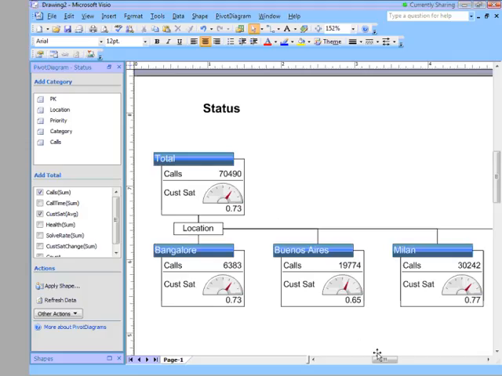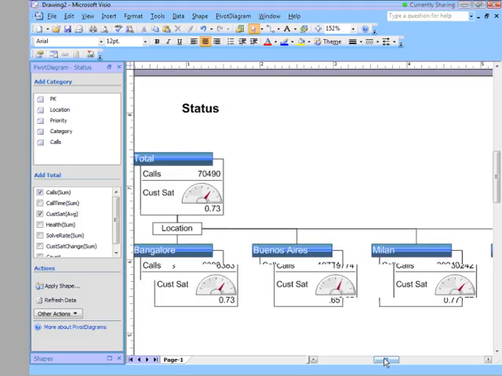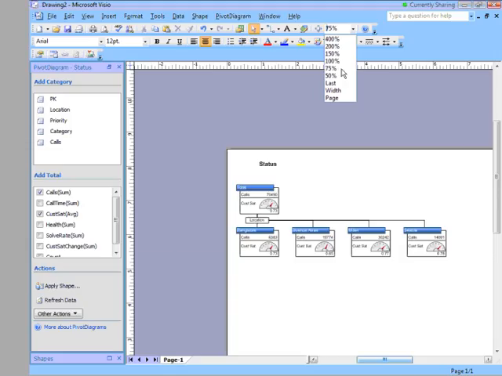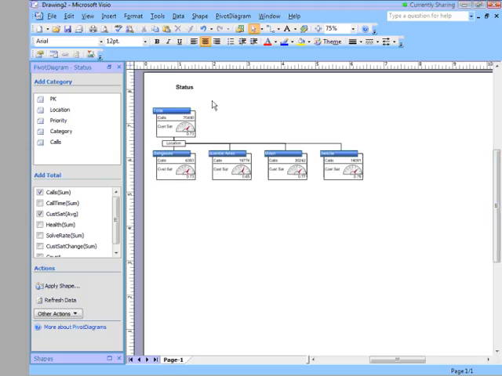What we think is the best and most useful way to work with this is to focus on using this feature as a way to get the data out there and get it to a point where you can turn it into something that you might want to present or put into a document that you're going to distribute more broadly. So with that in mind, what I want to do here is, you can see that